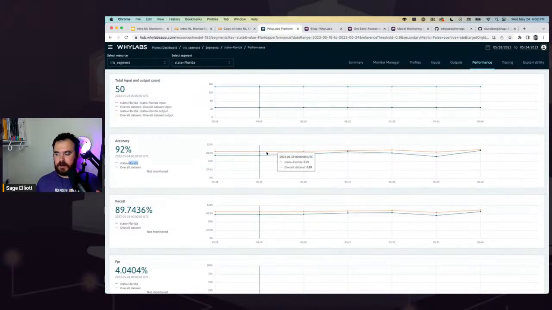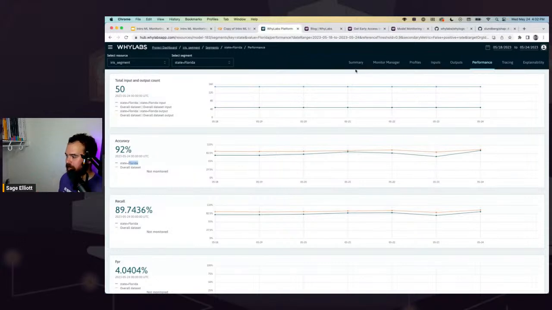All right. Did anyone think this is a cool feature? Pretty interesting how you can break these down by different segments. And just to clarify, because I went through pretty fast, we didn't use the state in this case. Nothing like that was used in training of the machine learning model, so it wasn't a feature for the model. It's a way that we could segment our data later on and see how it's performing in production, right?